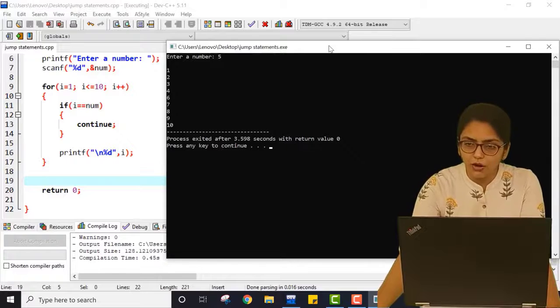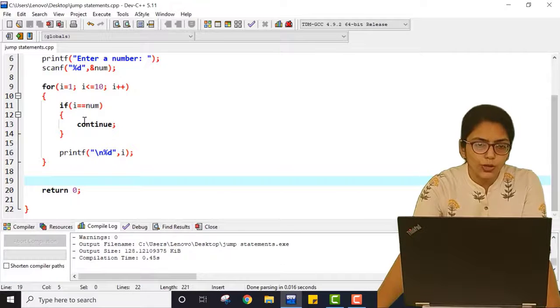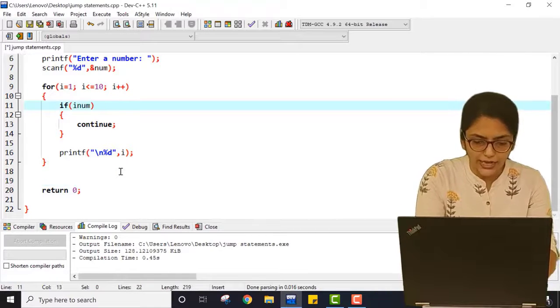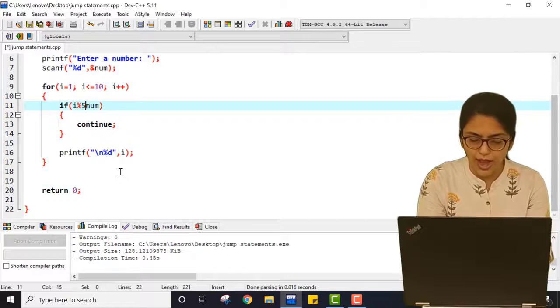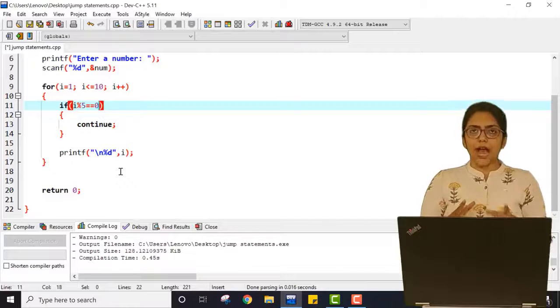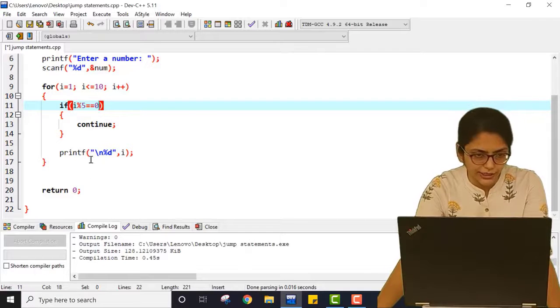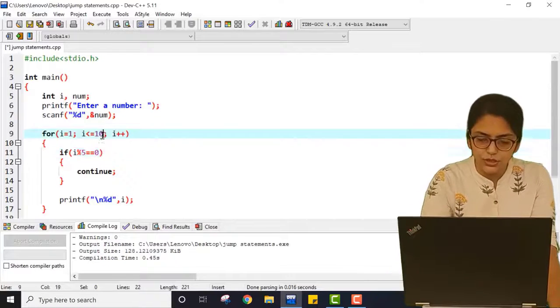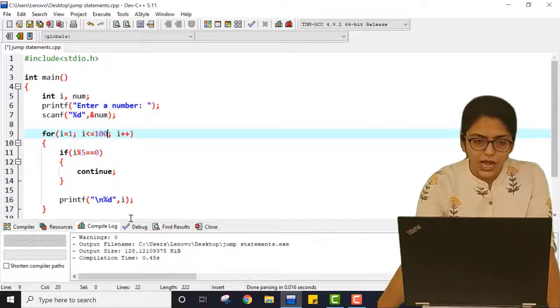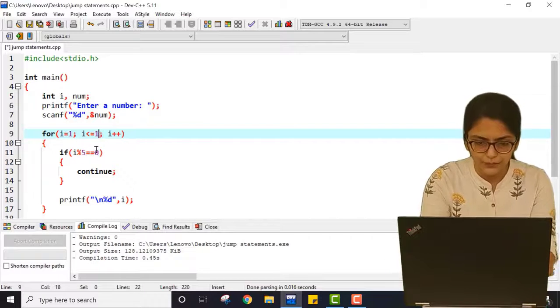Now what other things can happen? Here you can also write if I modulo 5 equal to 0. That means if the value of I is divisible by 5, then continue, and here I am giving the range, say 100 now, or say 50.